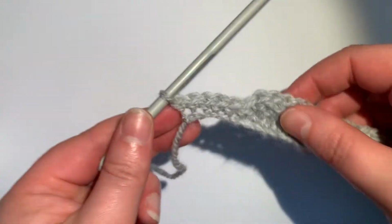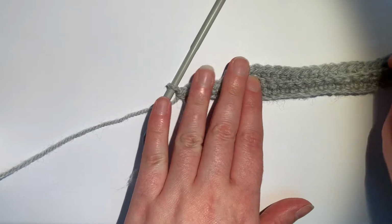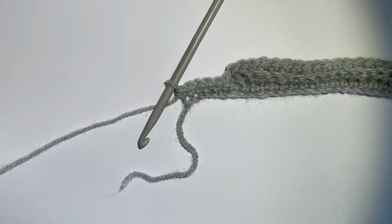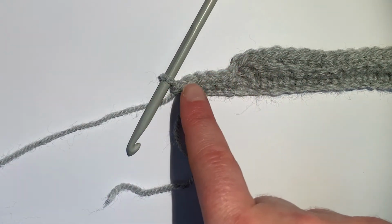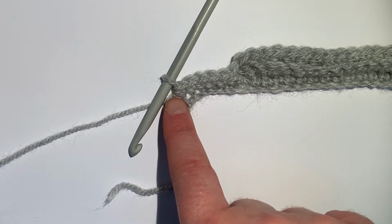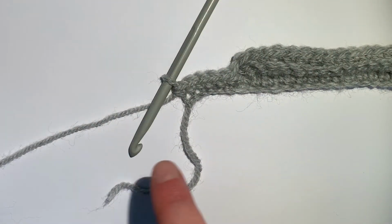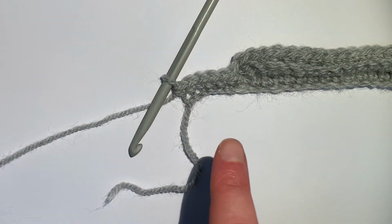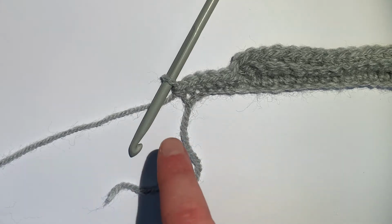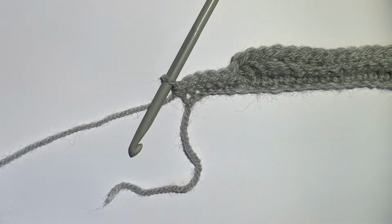There we go. I'll lay this down so you can see what it looks like. What we're doing is creating a taper at this end of the hat, and this is going to be the top of the head, the top of the hat. So it's going to create a sort of tapered look, and it means that you can create a hat without working in the round, but then when you pull it tight at the top, you're not going to have loads of bulk. So what we're going to do is just continue this pattern of stitching all the